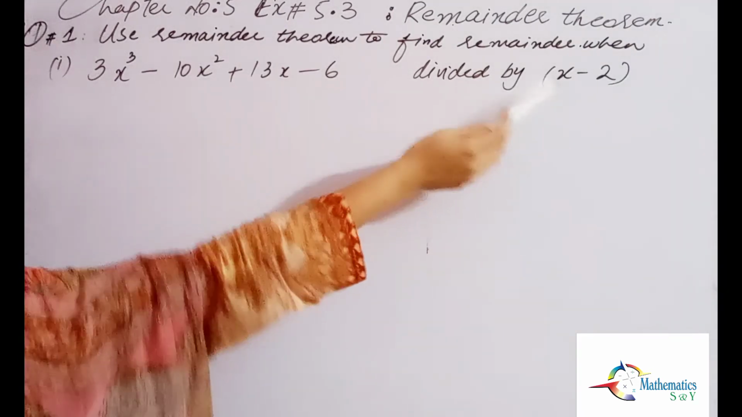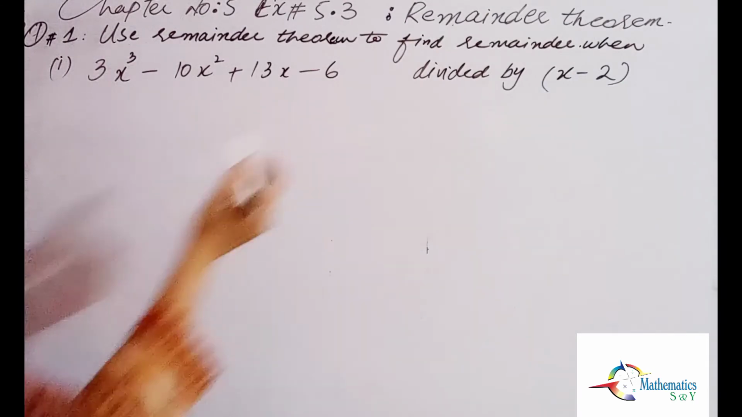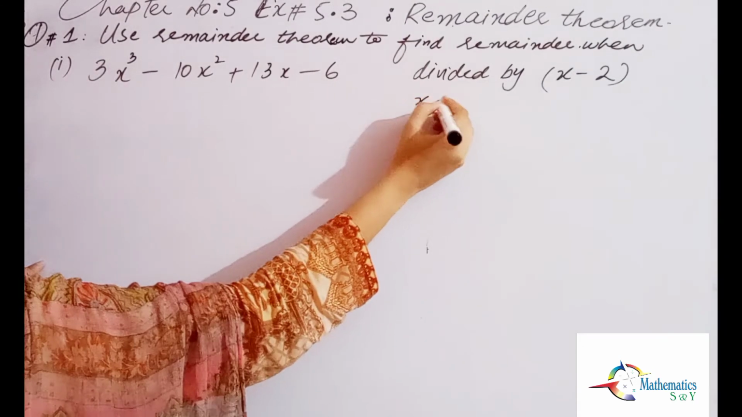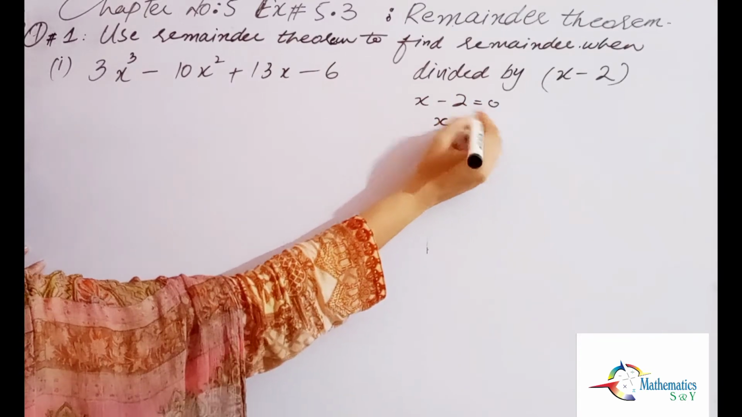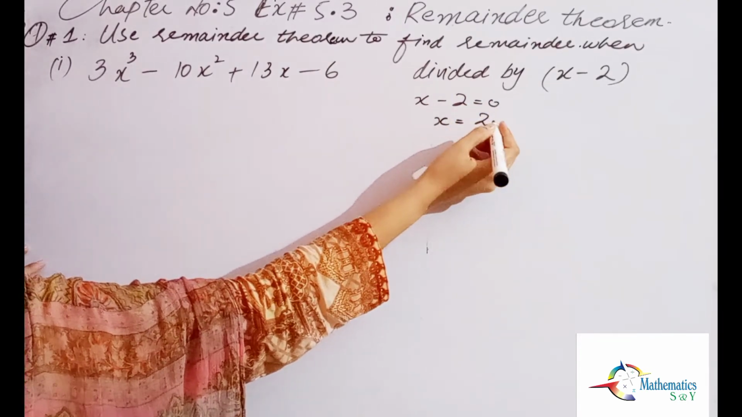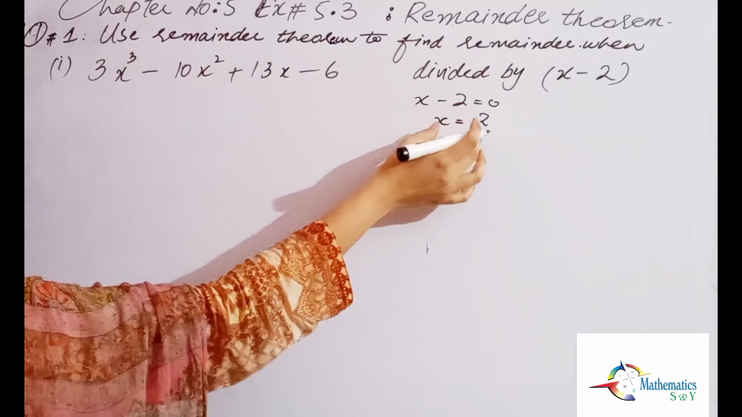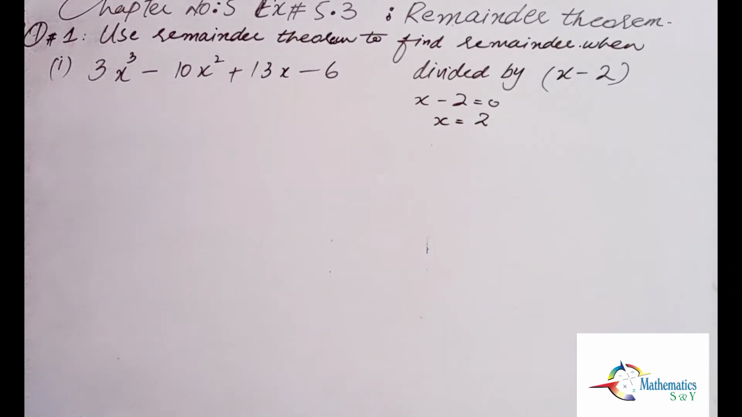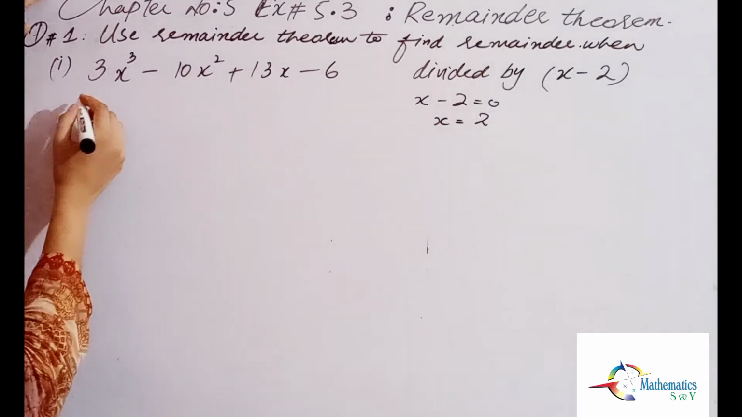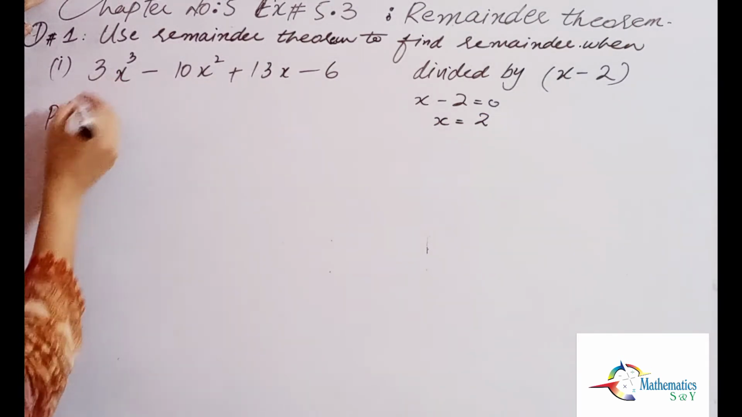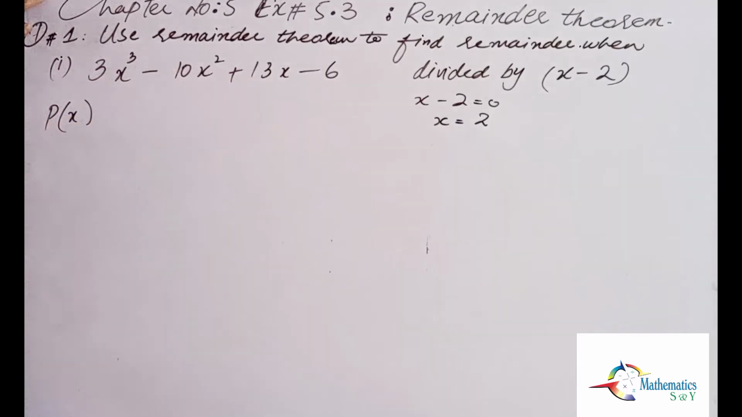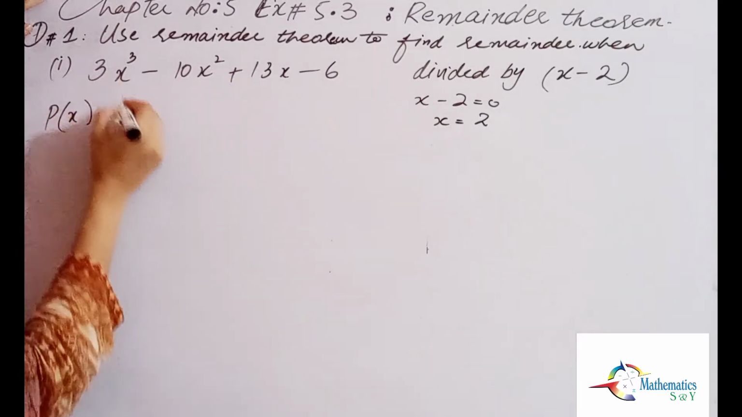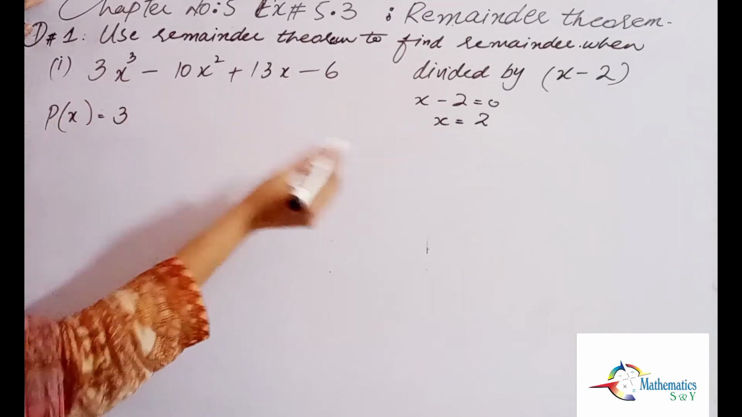First we will take this divisor, that is x minus 2, and take the value of x from here, put it equal to 0. Minus 2 on the other side is plus 2. So the value of x is here 2. That value of x we will put here in the given polynomial. The polynomial name is p of x because it involves the variable x, equals 3. In place of x I will write